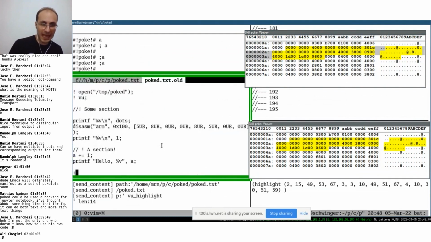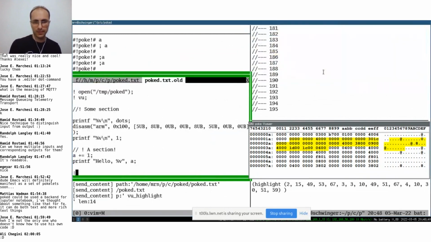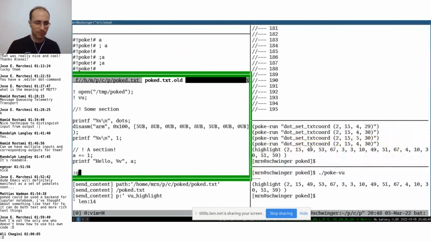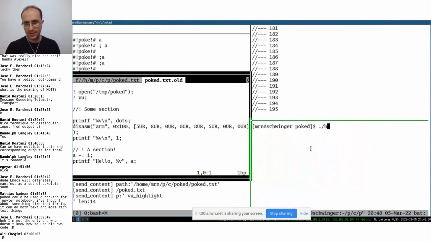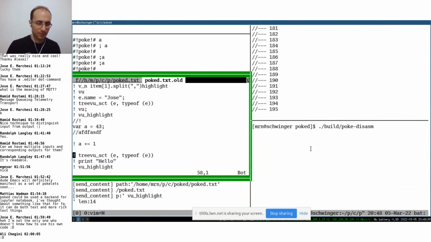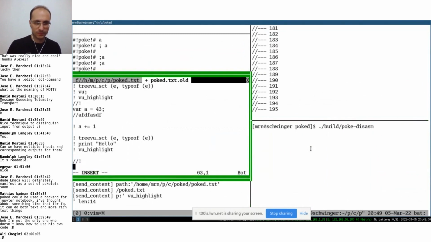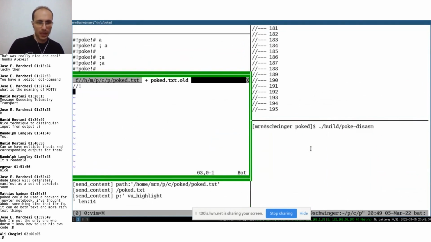I will show a tree viewer, but before that, I want to show you something more amazing or beautiful, I don't know: the disassembly poklet. How it works: through a predefined protocol, we tell the poklet. If we don't have a poklet, the message will be discarded. It works like this: hey poklet,